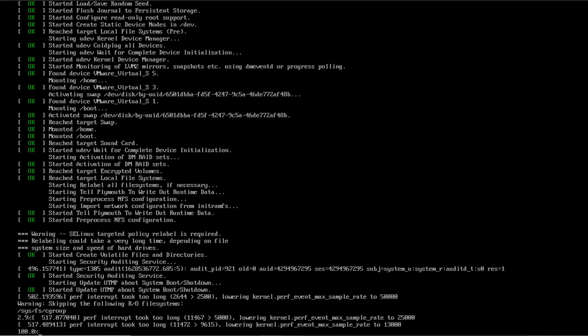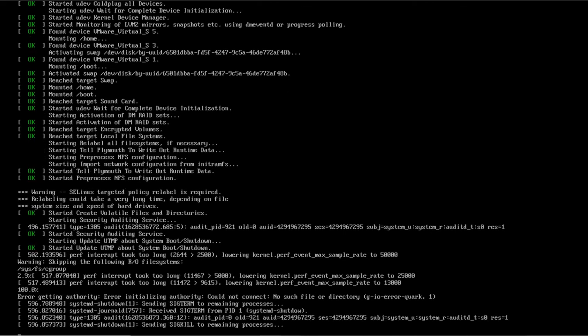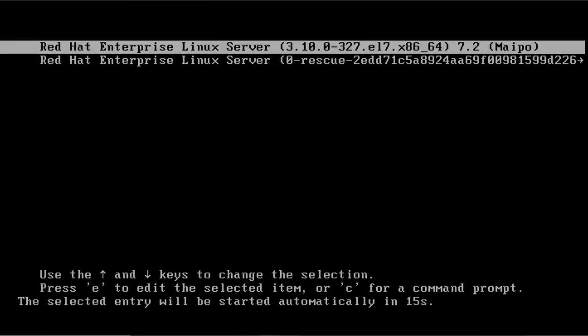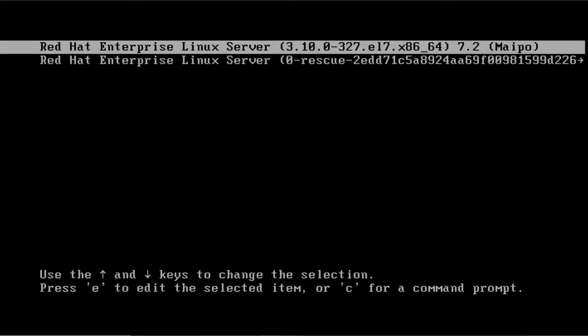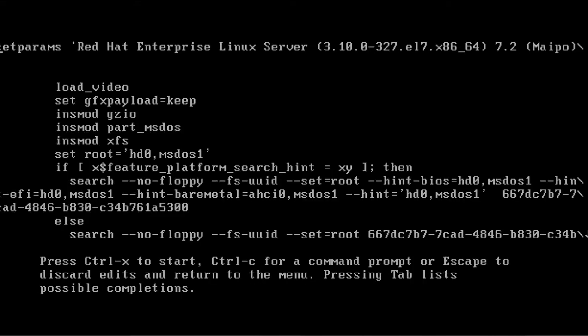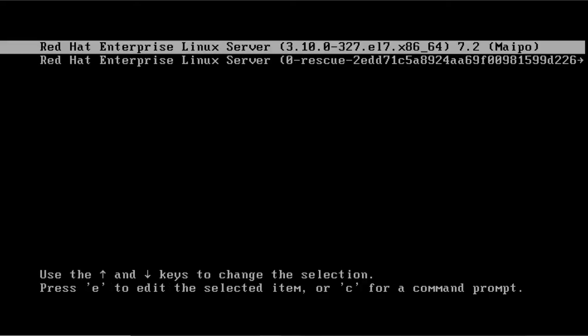That means it is possible for us to break the password. Why? Because we are able to edit the grub, we are able to edit this kernel parameter by using the E option. It is possible because we have this option available. Now if you want to secure this, then you can put a password on grub also,